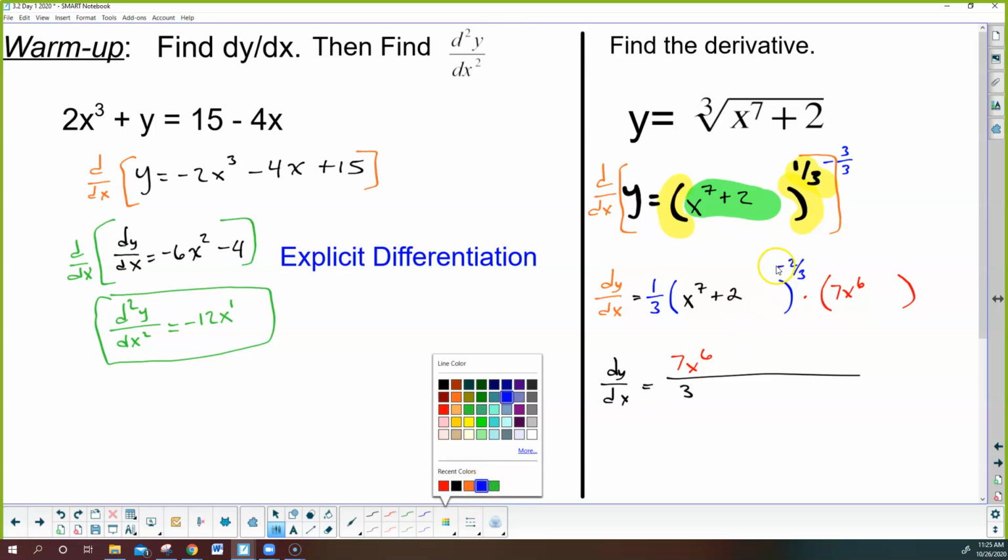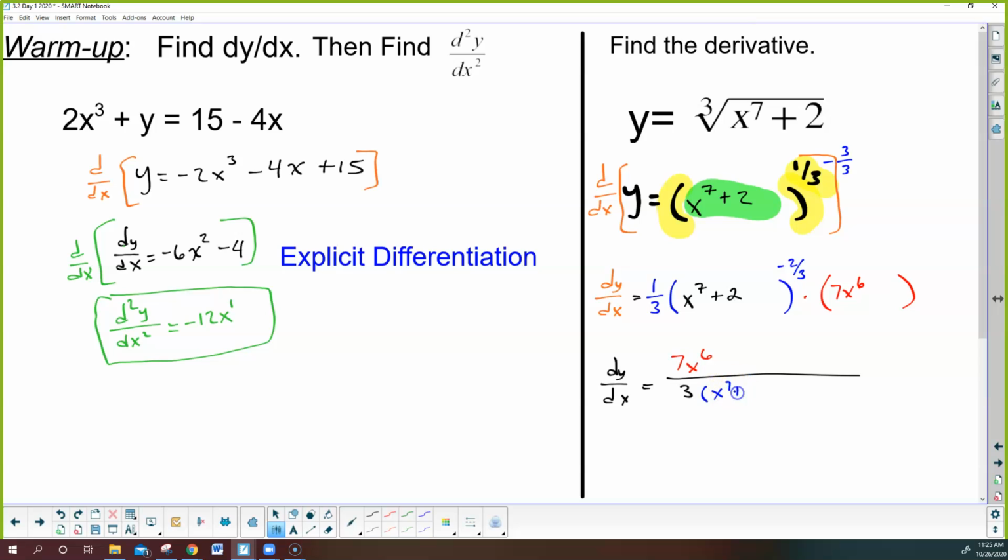And then I've got the negative. Well, that negative is going to put the original piece down in the denominator. And most likely this is what your answer would look like. However,